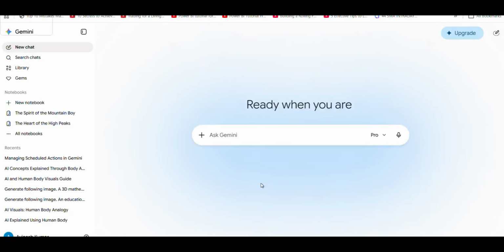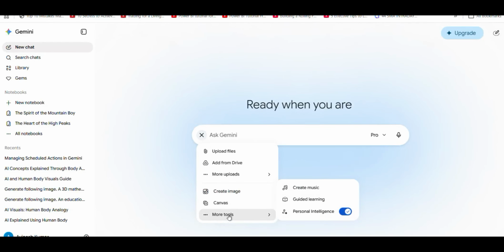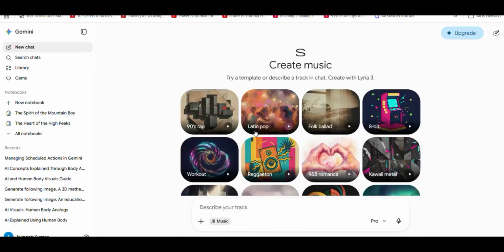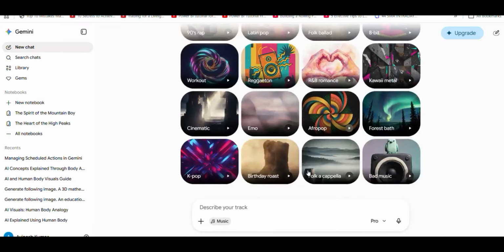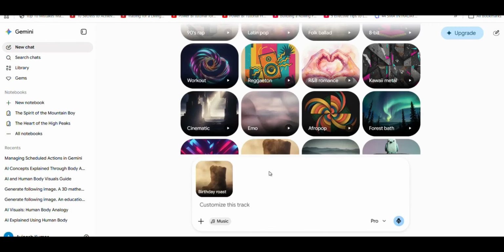Our next feature is from Google Gemini. So what we have to do here, just click on this plus button, go to more tools and create music. If we click here, we'll get several templates for creating music. I will be using the birthday roast template. I will select this,